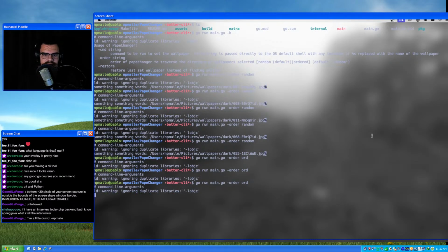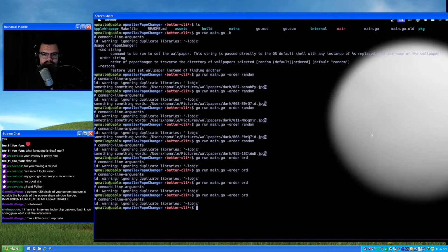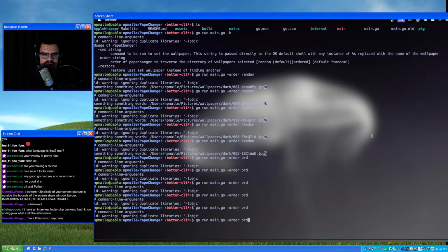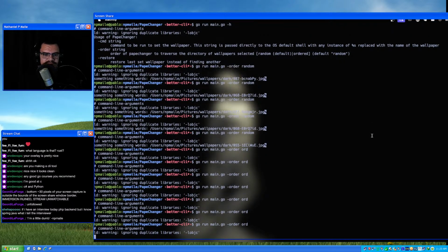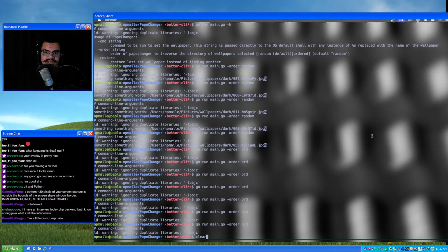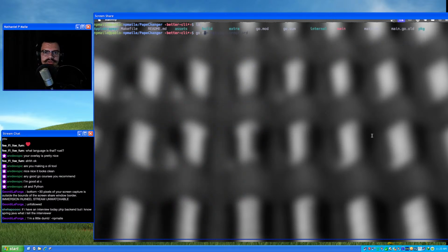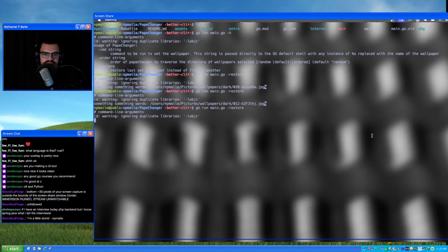I don't know where my printing is. I'm not getting this something words thing, but that's fine. So let's do go run main.go -h again. Let's try restore. All right, it didn't change anything.